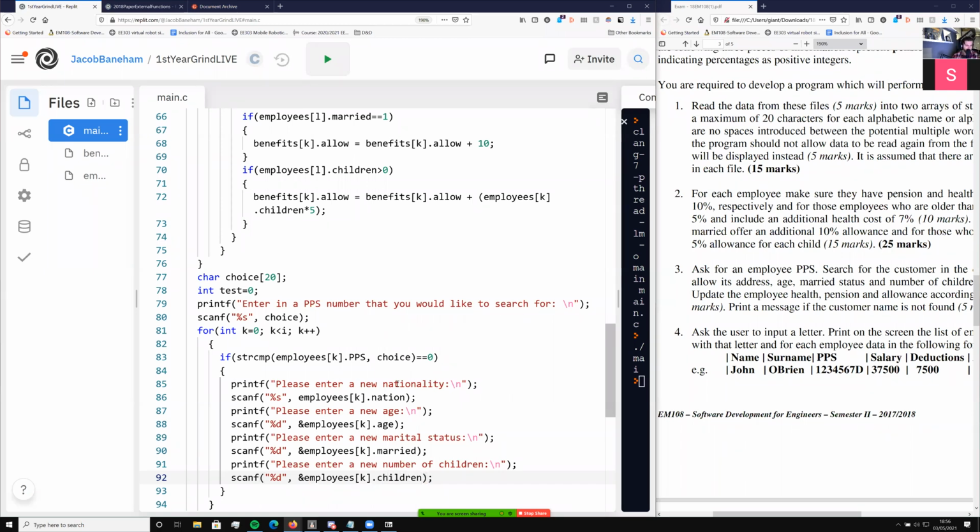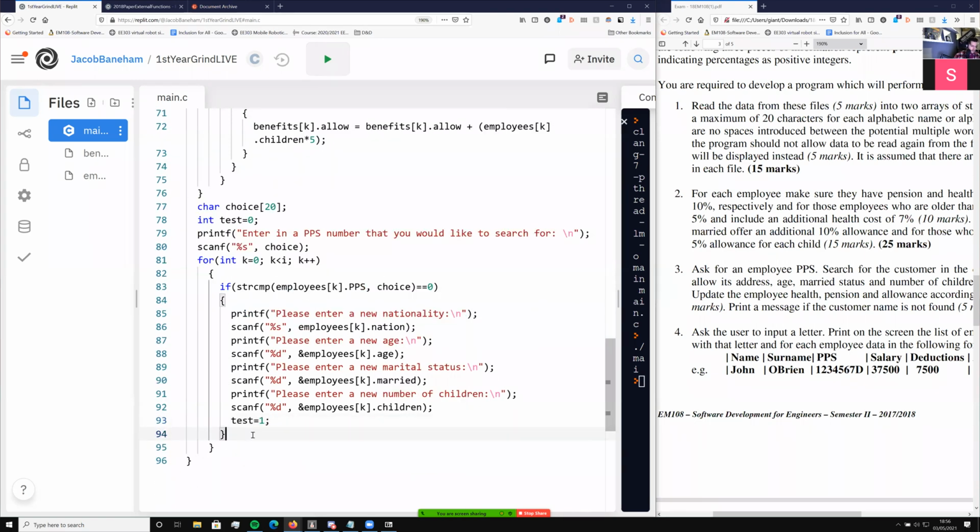So now it'll scan in a new nationality, a new age, a new marital status, and a new number of children. Then this test variable is going to come into play. So I'm going to say test is equal to 1, and then it'll go out of the if statement. Then after that if statement, so now after that for loop,